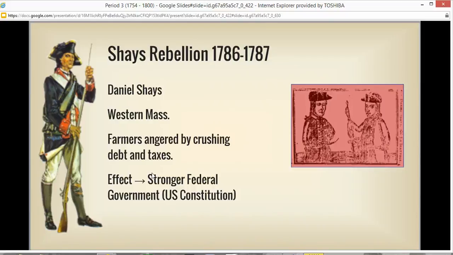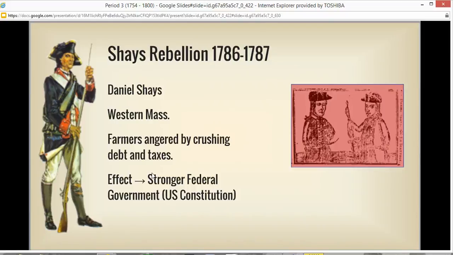They're angry because they're in an enormous amount of debt. They're also angry about taxes that they face at the state level. And so they form this rebellion. What this does is it wakes up the government. It wakes up George Washington. It wakes up Thomas Jefferson. It wakes up all of our founding fathers to say, we need a stronger federal government,